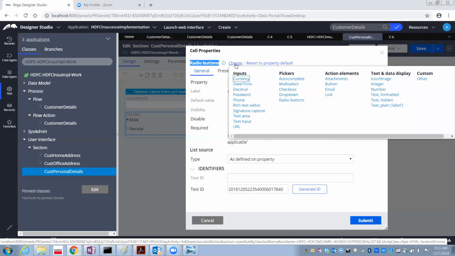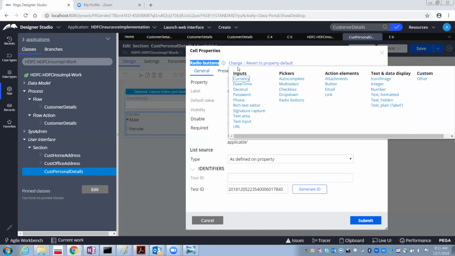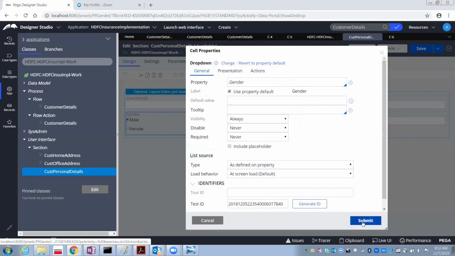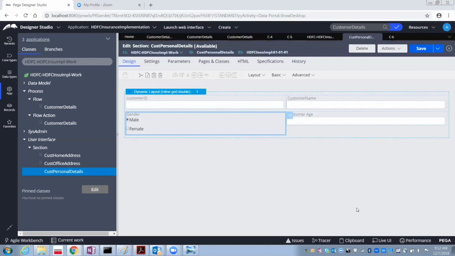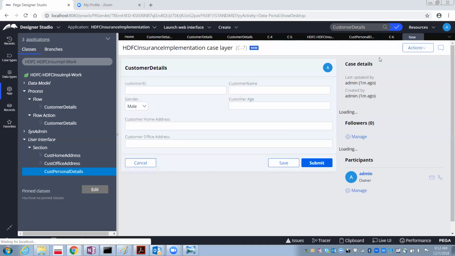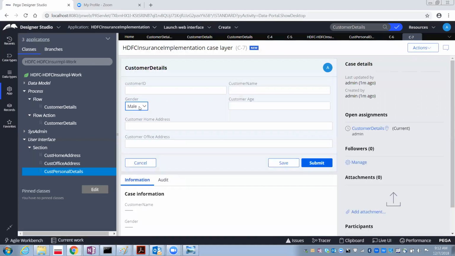Here, instead of the radio buttons, I want a drop down. See here, earlier it was a radio button and now it is a drop down.